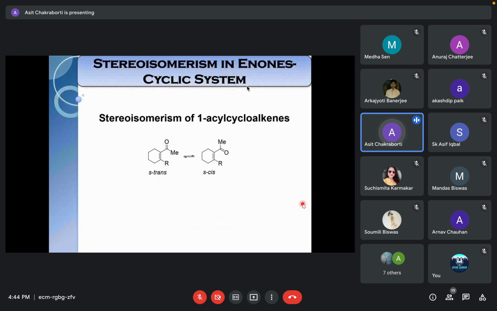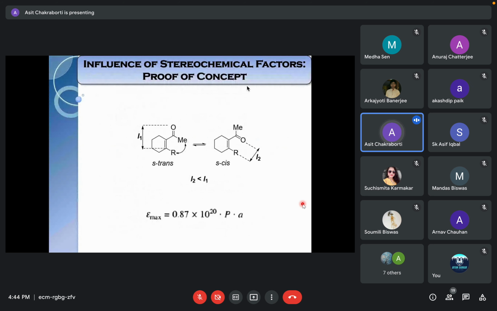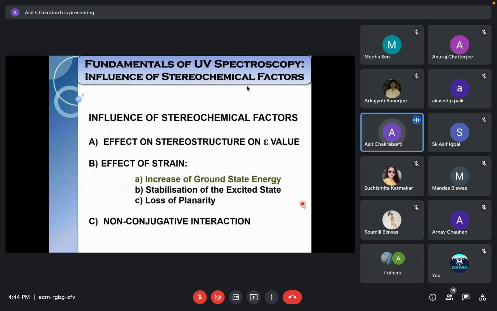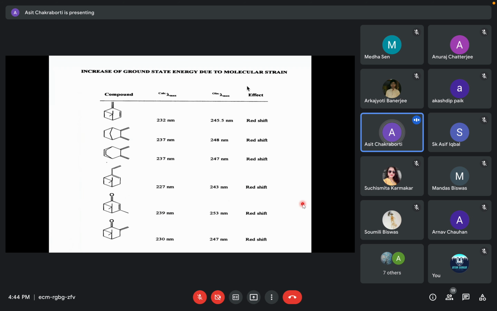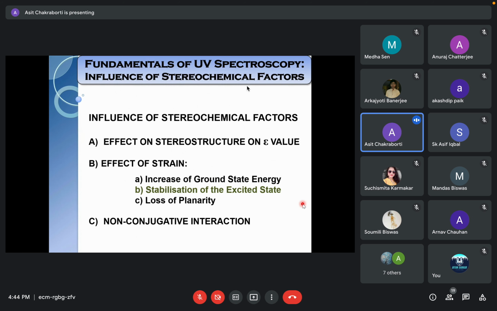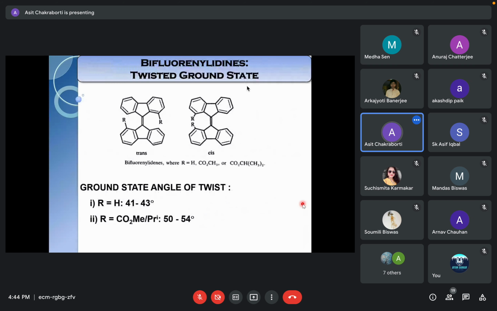Now I go for another example for UV spectroscopy. We'll take the colored one. So I'm not discussing lambda max value. I hope lambda max is done, but I'll ask the question when it comes to the chemical analysis, why this molecule is taken. Let me directly go to the stereochemistry for that.